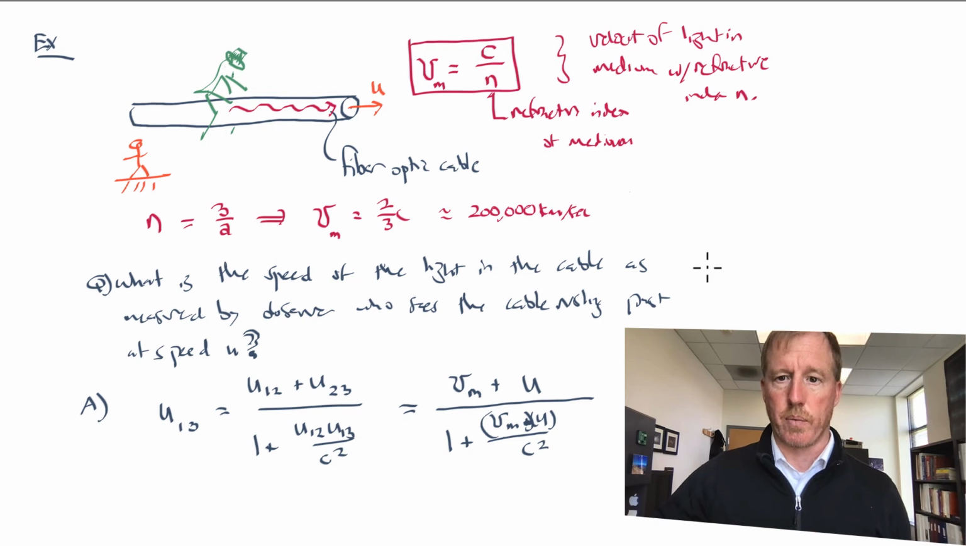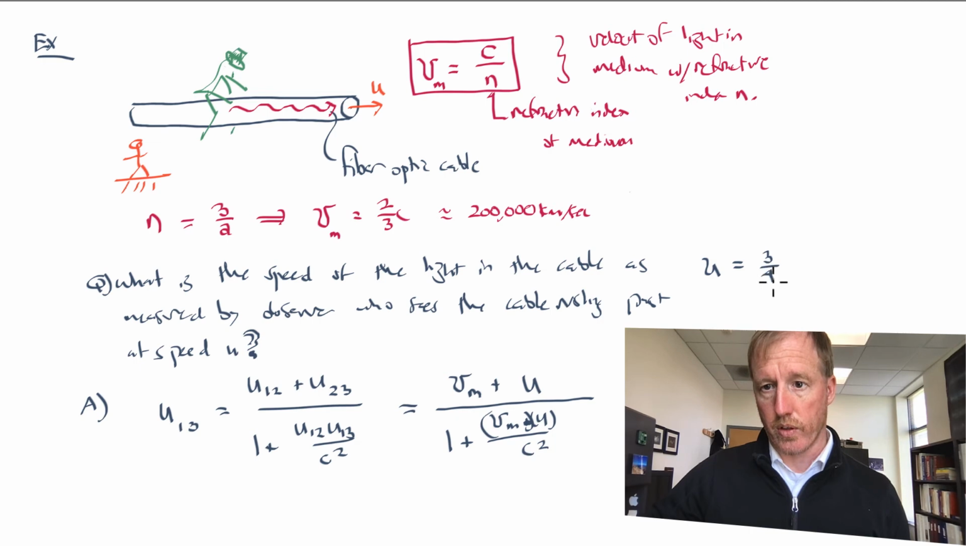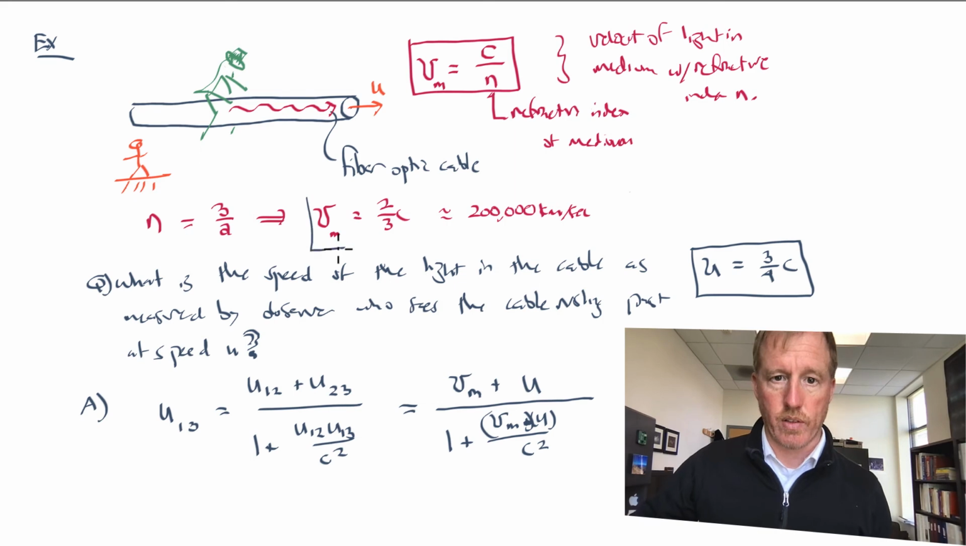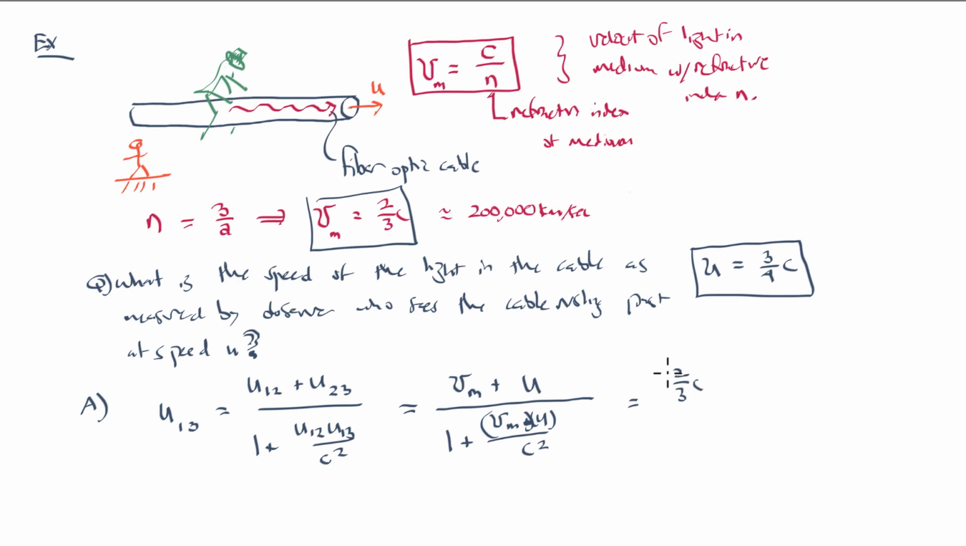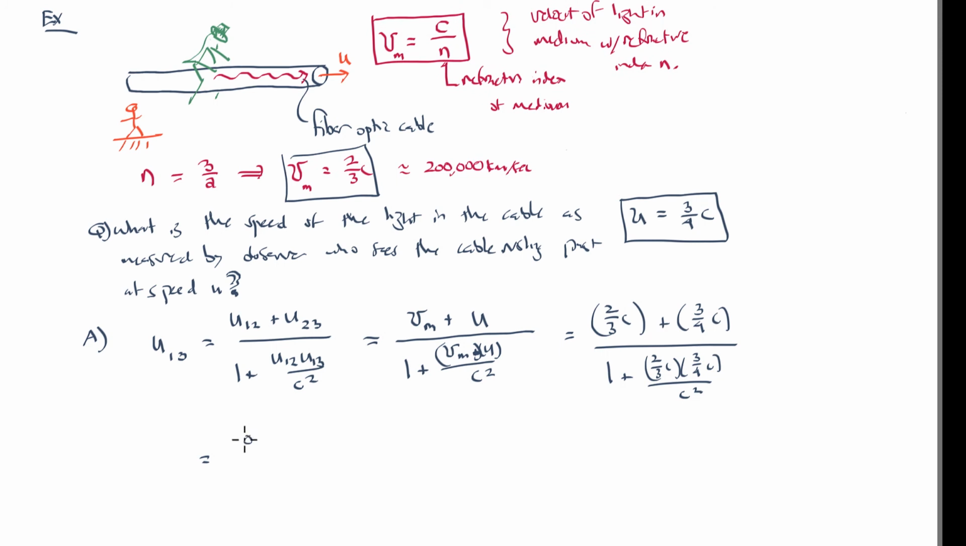And let's use some numbers here. Let's suppose u was equal to, I don't know, 3/4 c. Okay, so this cable is moving past at high speed, and the velocity of the light is 2/3 c. So let's go ahead and plug these numbers in. So 2/3 c plus 3/4 c over 1 plus 2/3 c times 3/4 c over c squared. Okay, what's 2/3 and 3/4? Well, let's make a common denominator of 12, so that'd be 8/12 c